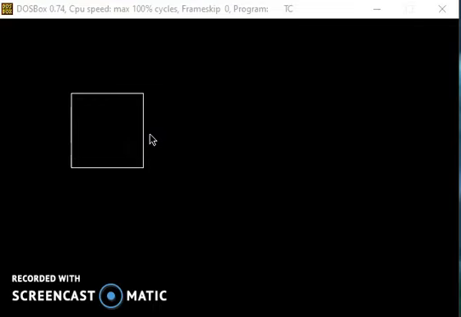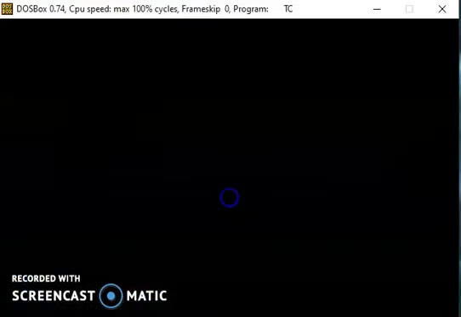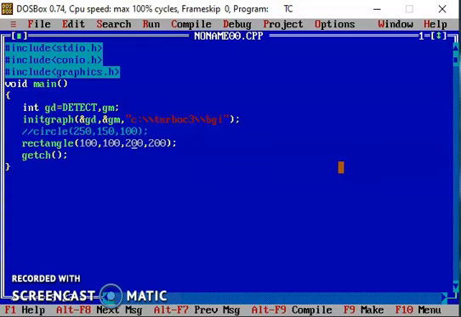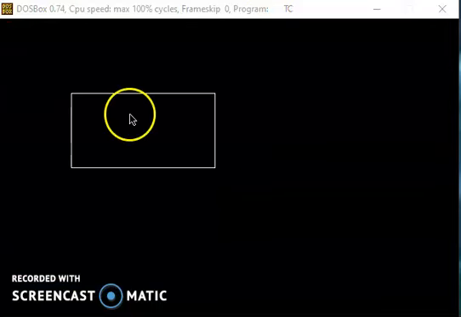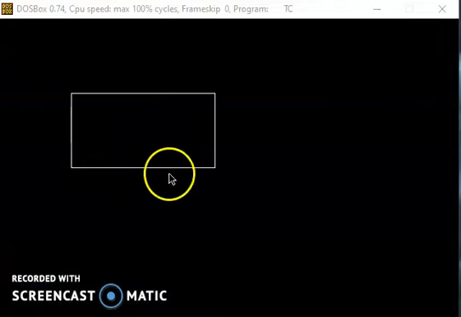If we change any value, like if I give the next x coordinate as 300, the distances are different now, and this is a rectangular shape. Here this is the 200 distance and this is the 100 distance, so we see the rectangular shape. There is no separate function for square. By using rectangle only, we can draw a square as well by adjusting the coordinates.